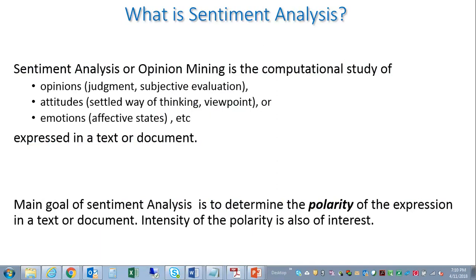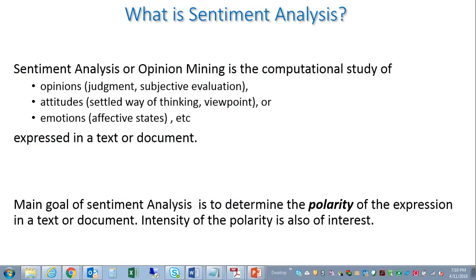And when somebody is evaluating a particular product or rating a movie, the emotional state of the person also influences the rating or the scores that they give to the products and the movies. Okay, so all these three are distinct sentiments, distinct classes of sentiments that we are generally interested in, and